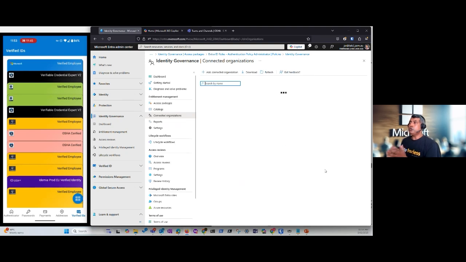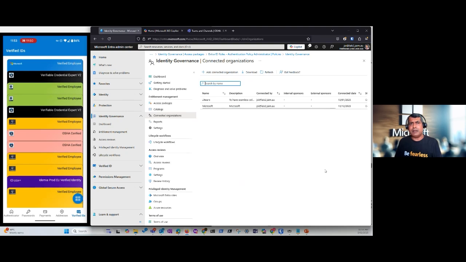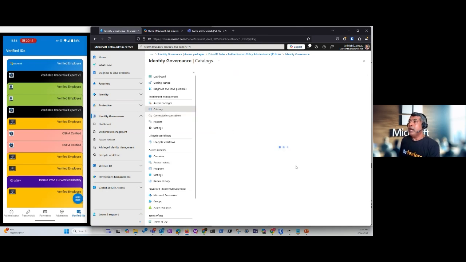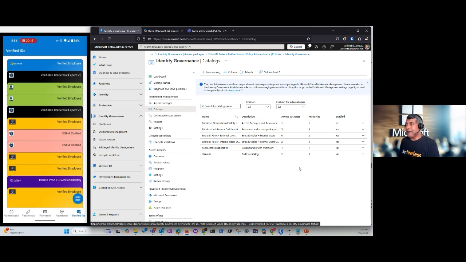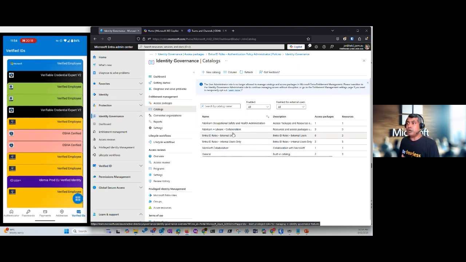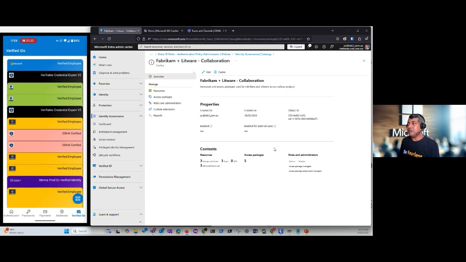The second thing that I wanted to show you is the connected organizations. If I'm collaborating with a partner or a vendor on a regular basis, I want to connect to that organization so that it becomes much easier for me to then provide access to services. So in this case, I have gone ahead and connected to Litware, an organization that Fabricam works with quite easily. It's done fairly simply, a fairly straightforward connection through the add connected organization that you see over here. And then you can go and define catalogs and access packages, similar to how we did before, right? In this case, the only difference is I am actually allowing external users access to this